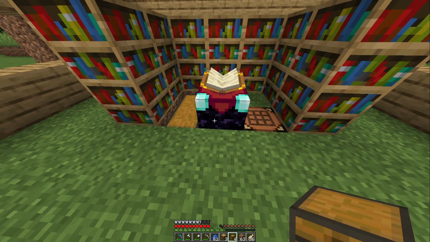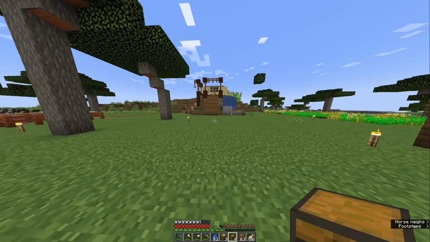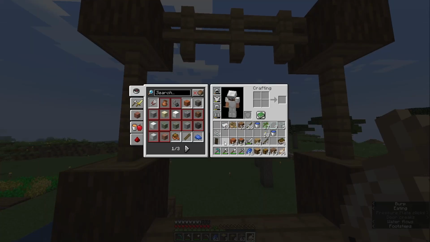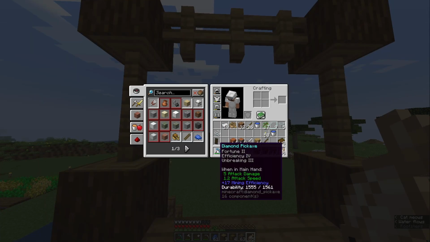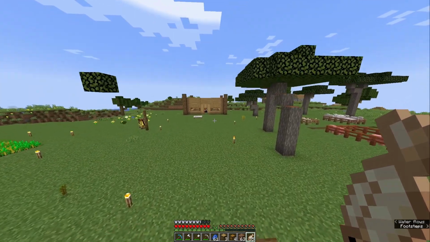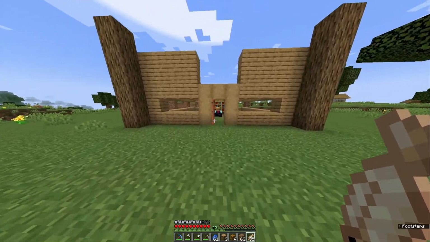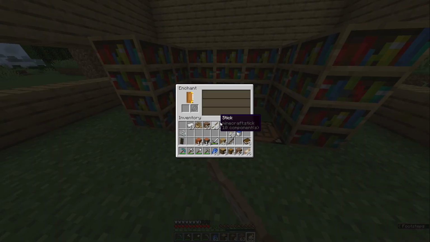Okay, next thing I'm going to enchant is going to be a fishing rod. No doubt. No doubt about it. Man, this pickaxe is so good, everyone. Fortune 2, Efficiency 4, Unbreaking 3. It's so good. I honestly don't want to even use it for a good while. Next thing I need to also get is an anvil in here. I'll look how to do that in a second. First and foremost,